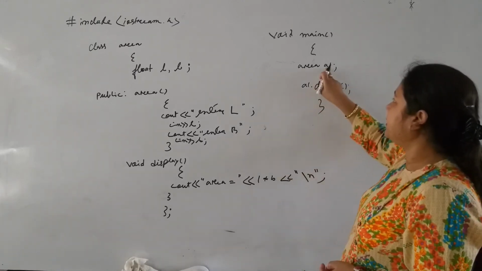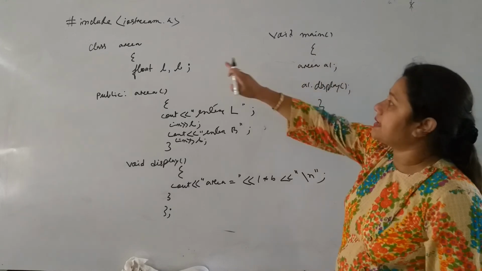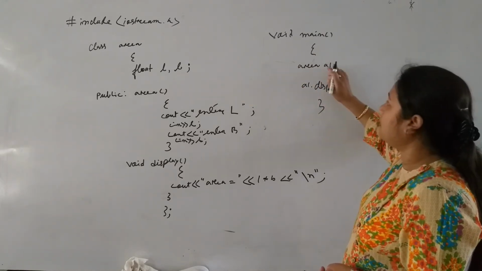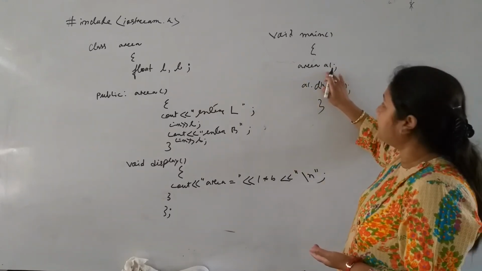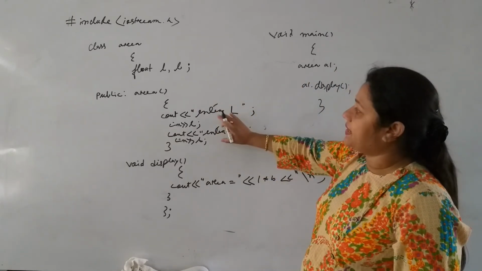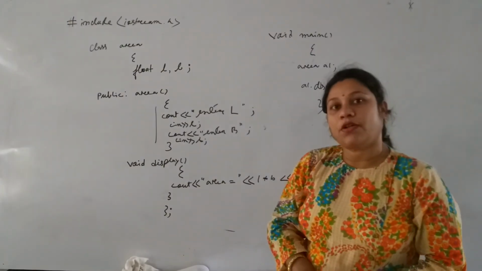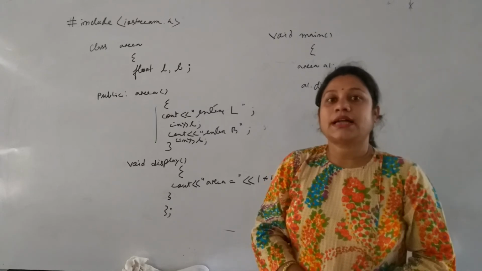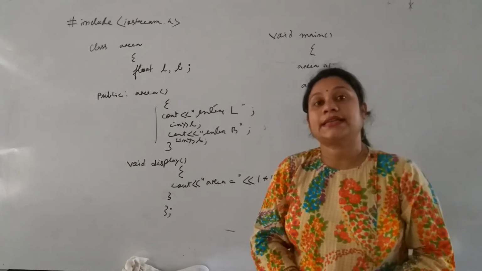So here I declare one variable of the class area. As soon as I declare this variable for the class area, after this declaration, compiler will automatically execute the body of the constructor function. As because from the definition or characteristic of the constructor, it is clear that constructor function automatically invoke whenever the object of the class is created.